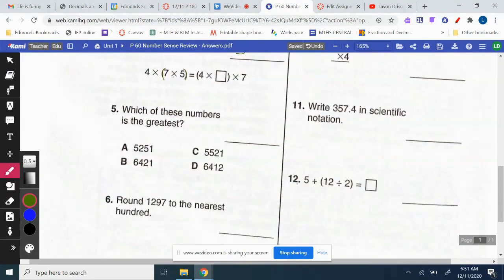Which of these numbers is the greatest, the biggest? So I'm going to start with my thousands place, and I see that 6,000 is bigger than 5,000, so those are not an option. I go to my hundreds place, and these are the same. I go to my tens place, and 2 is bigger than 1, so my answer is B,